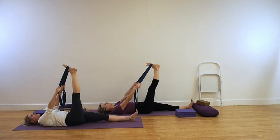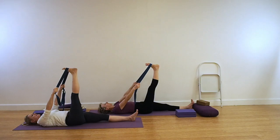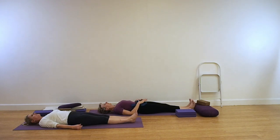Become aware of the grounded leg. Extend into the heel. Ground down with the left thigh bone, and continue to reach through both legs. Soft inhalation and soft exhalation. Releasing the leg down, extending both legs. We're coming for the left side,